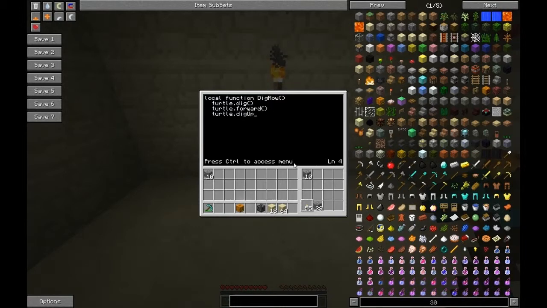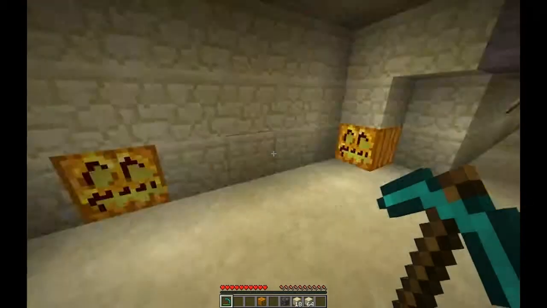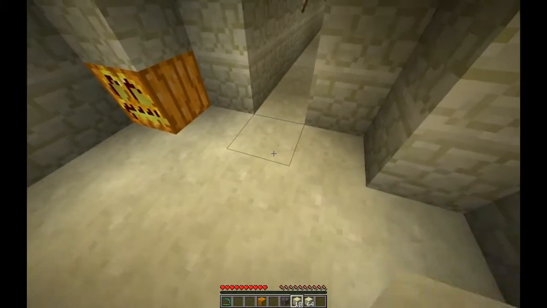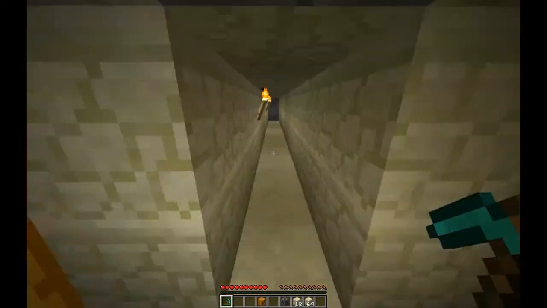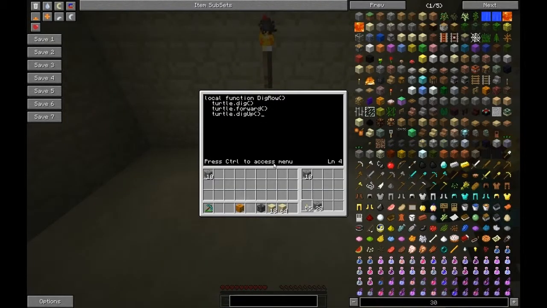turtle.dig up. So at the moment, it's created this first row here. So it's dug out this block and this block. And now it's sitting in the middle here, facing that way. So we want turtle.turn left, turtle.dig, turtle.up, which will move it up 1 space, so in the Y direction. Is it Z direction in this game? I don't know, I think it's Y direction still. Anyway, turtle.up, turtle.dig,